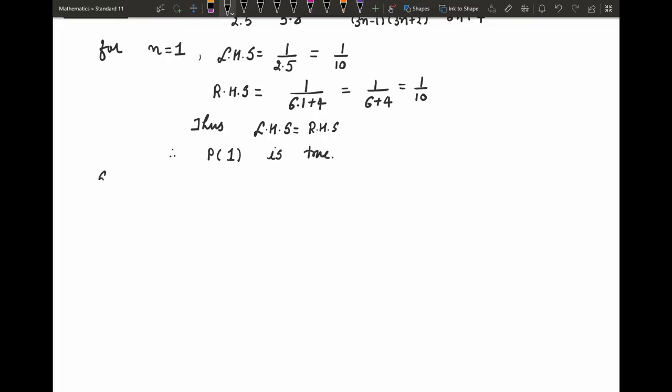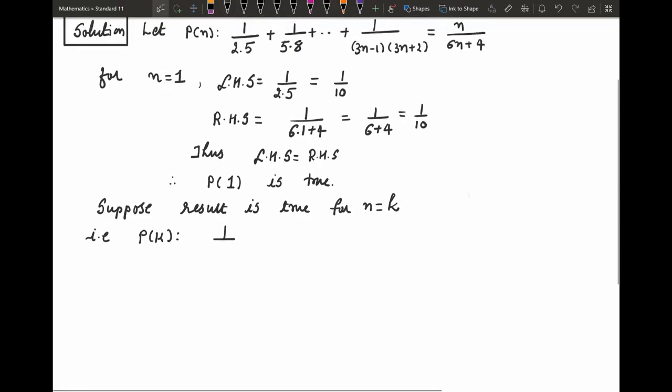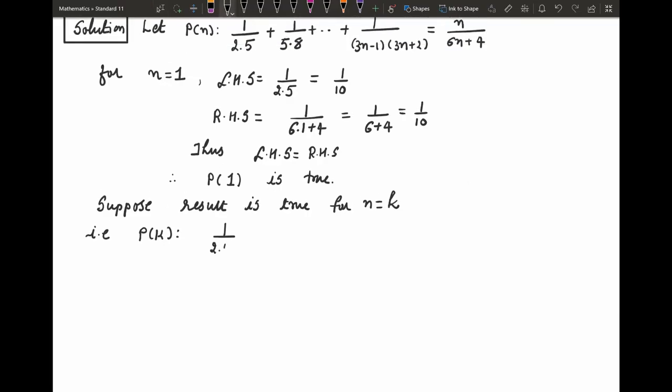Now suppose result is true for n equal to k, that is P of k, where 1 upon 2 into 5 plus 1 upon 5 into 8 and so on up to